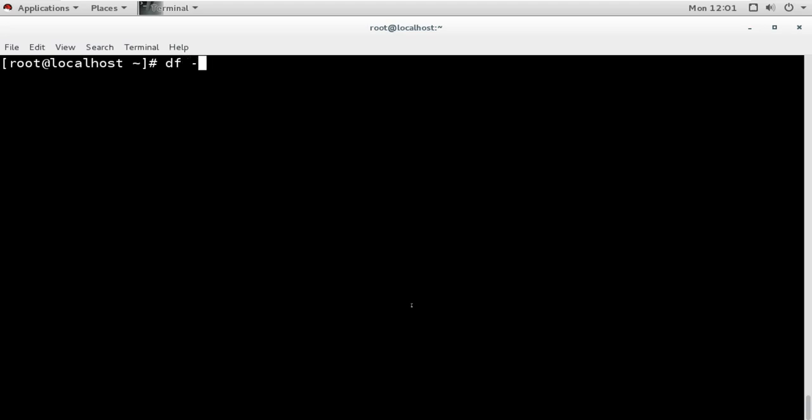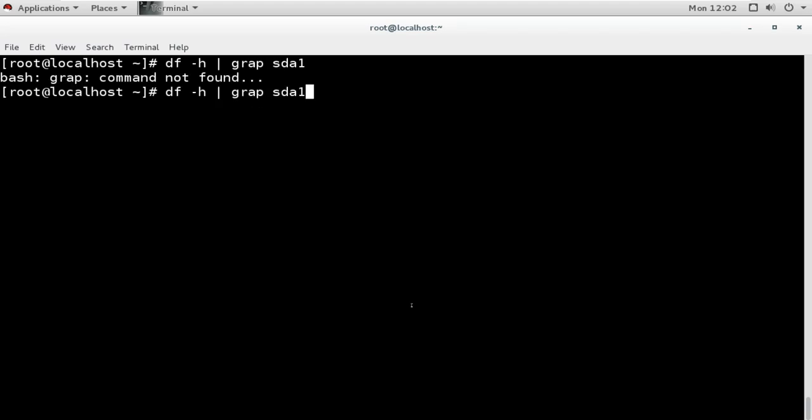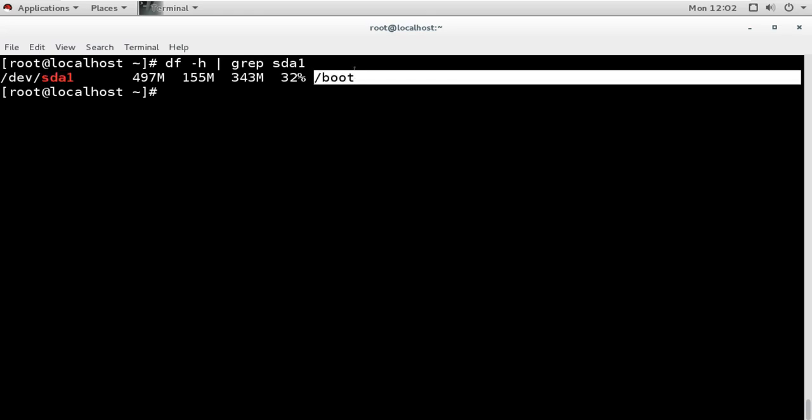We can check by df -h and grepping sda1. And we can see that this sda1, the first partition, is mounted on /boot.